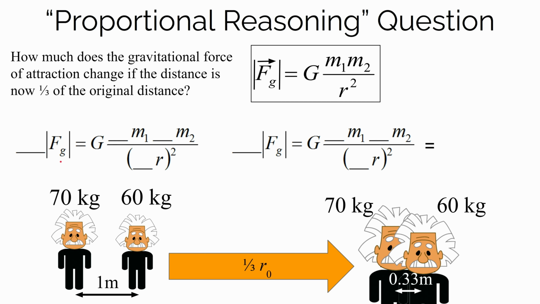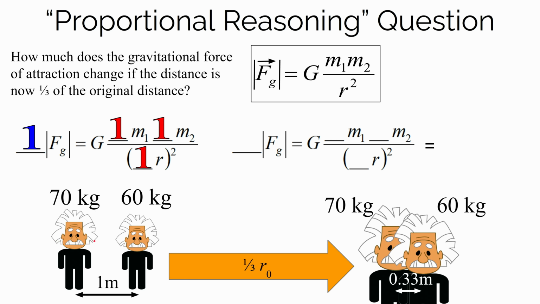So to start this proportional reasoning question, we're just going to write out the general equation and leave space in front of each of the variables which could change. The attraction could change, the size of the masses could change, and the distance could change. And big G is a constant, so we don't put space in front of that. Let's say the original attraction, however big it is, is represented by this equation. Let's say M1 represents the original mass of person number 1, M2 is the original mass of person 2, and whatever the original distance was, we'll just call that r. So big G times M1 times M2 all over r squared will represent the original size of the gravitational attraction